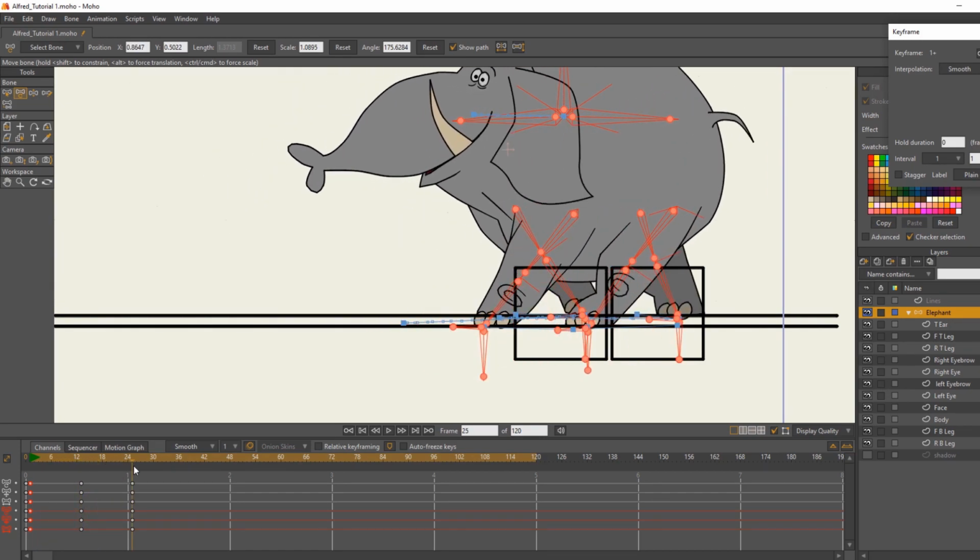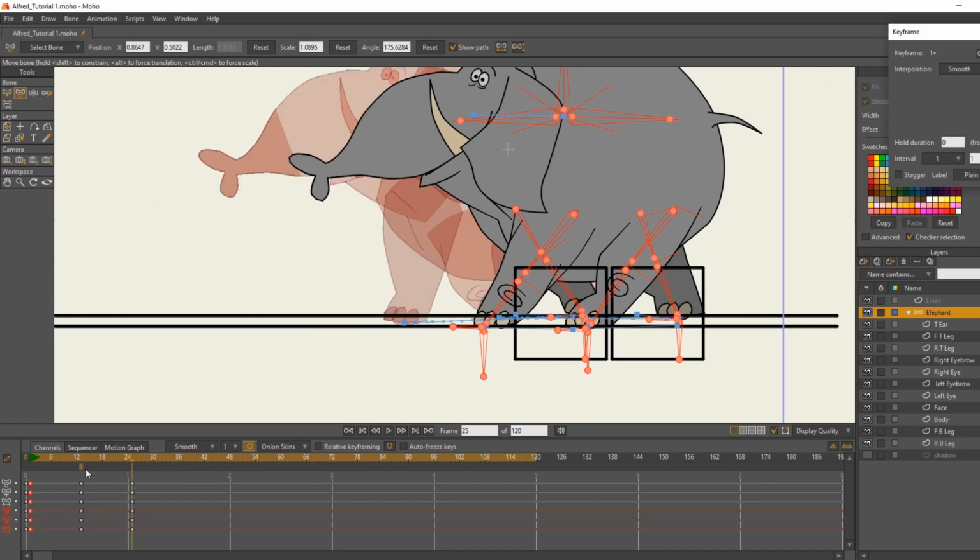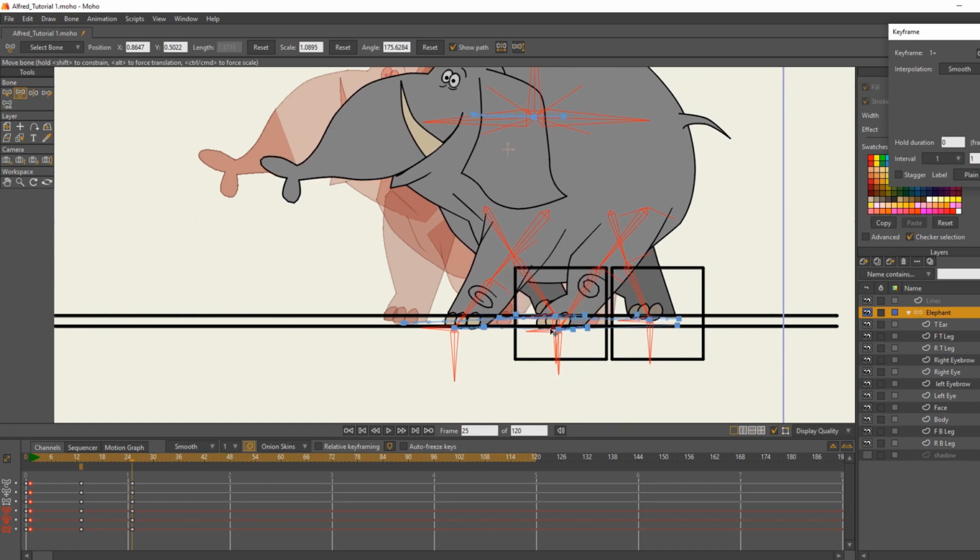Okay, so we need to do the same thing for the back. So we're going to go to frame 25. We're going to turn the onion skinning back on. Make sure that the keyframe is on 25. And now we're going to do the same thing for the back feet. So again, Control A selects all of the bones. They're still selected. We're going to hold down Alt, and then we are going to move our character